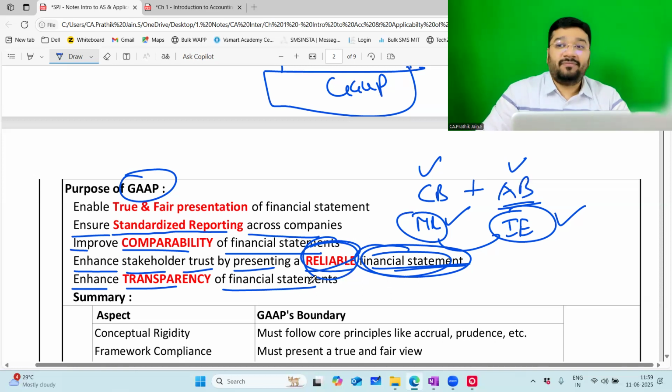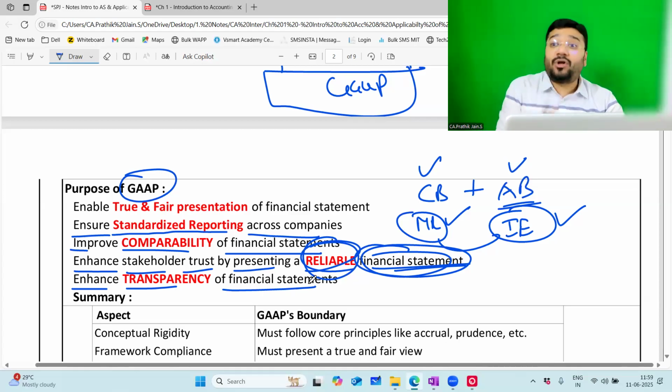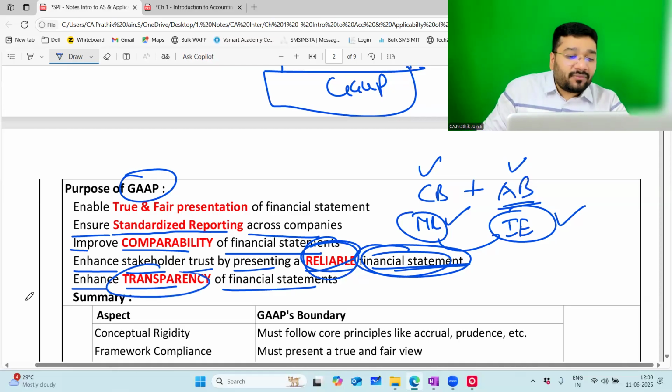Yes. Why? Because I want to show my users, that is the stakeholders of Reliance Limited, so they should be aware of this. Because if the judgment does not come in our favor, then we may have to pay 25 crore. Paying 25 crore is not easy. Whose money is it going? Company's money. When I say company's money, at the end it is whose money? Shareholders' money. And you have hidden that information, which means you are not transparent.